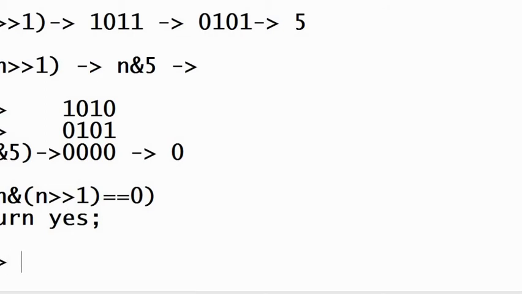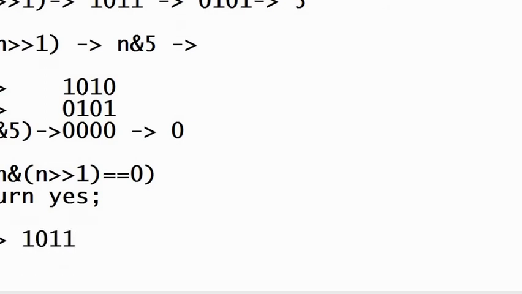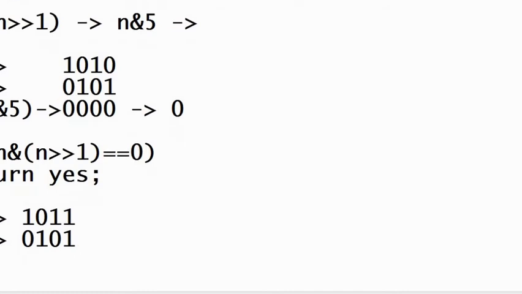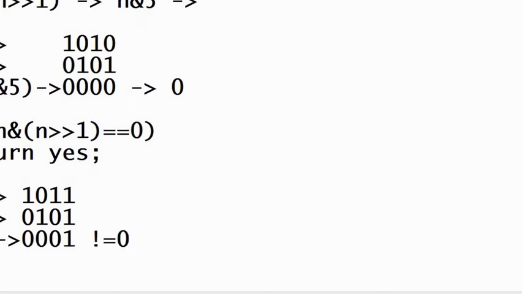So 11's binary representation is 1011, and 11 shifted by 1 we already discussed as 5, so 0101. So the answer has 0, then 0, then 0 and 1, so it is not equal to 0. So it is not a Fibonacci number.